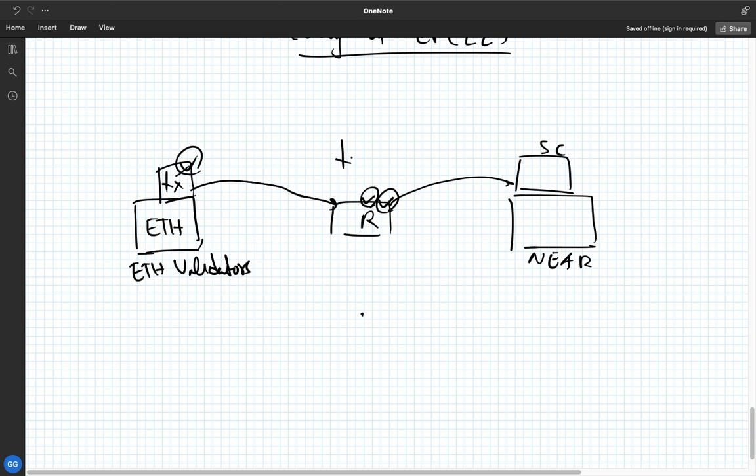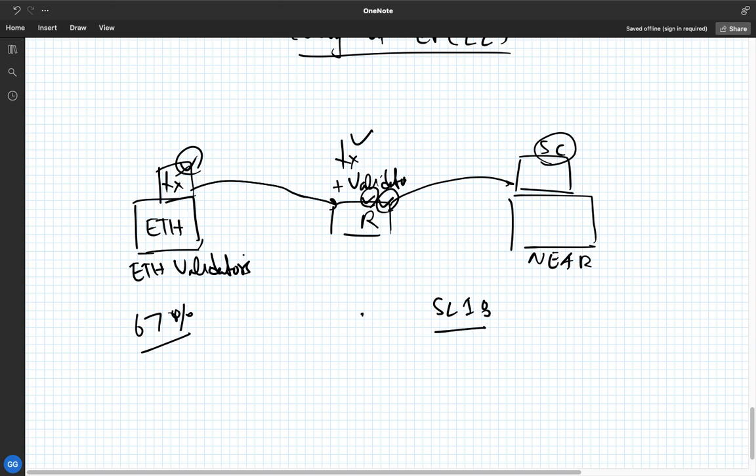Earlier it was just sending the transaction and its own signature. Now it will send the validator signatures, and they then need to be verified inside the Near smart contract. And if the signatures corresponding to 67% of the voting power on Ethereum mainnet validate, then we know that the transaction is actually valid and was included in the Ethereum mainnet, right? So we call this security layer one,